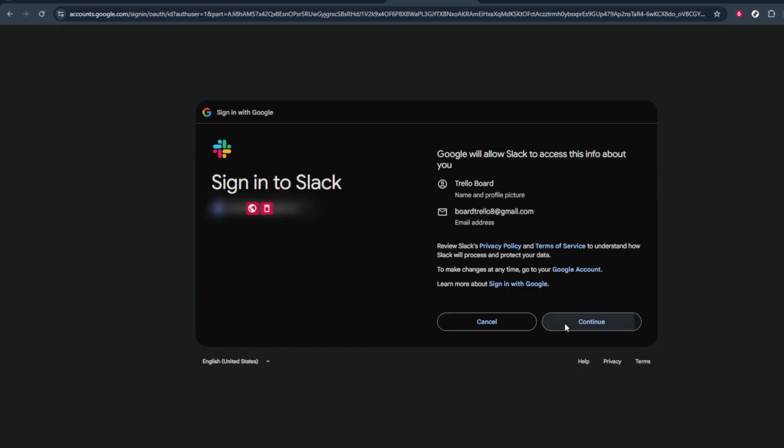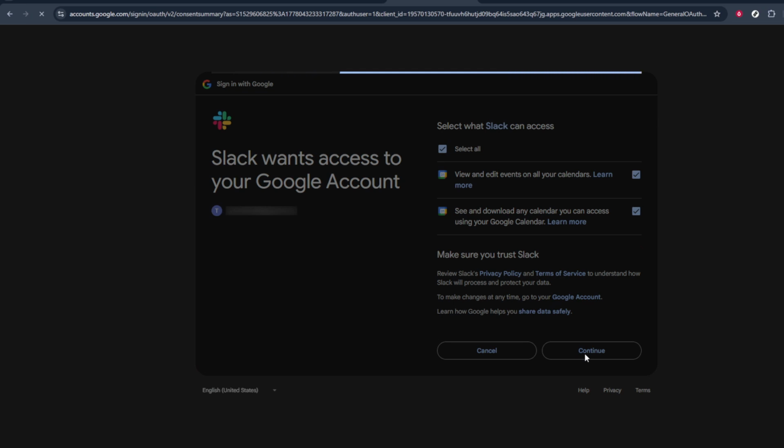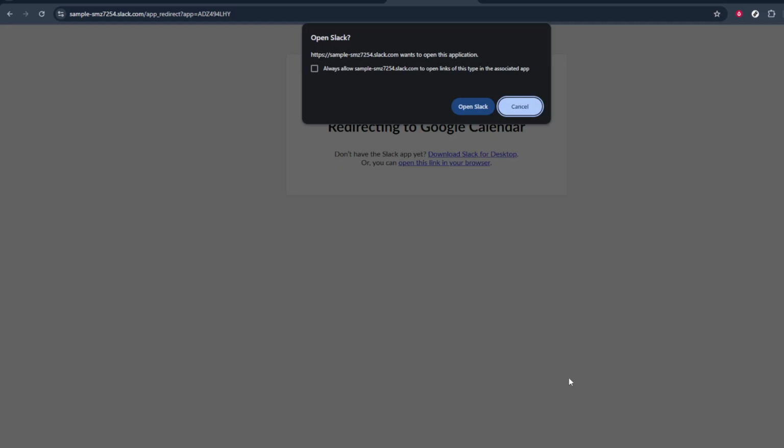If you're not a workspace admin, you may see a prompt to request approval, in which case your Slack administrator will need to approve the app before you can continue. After clicking Add to Slack, follow the on-screen prompts carefully. You'll be guided through signing into your Google account, granting permission for Slack to access your calendar, and choosing which calendar to connect. Keep clicking through the prompts, confirming any permissions, until Slack confirms that